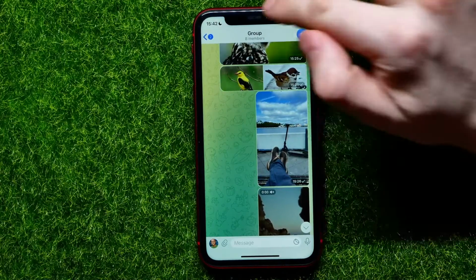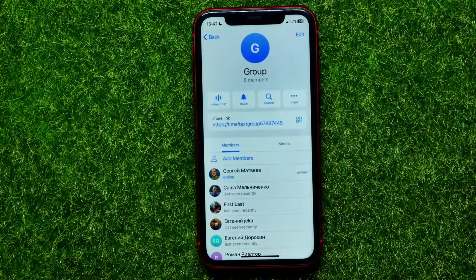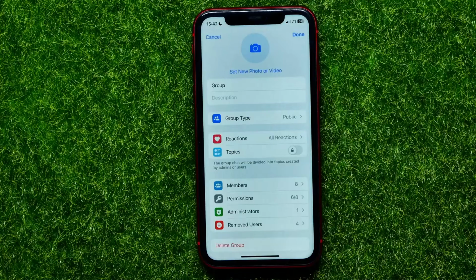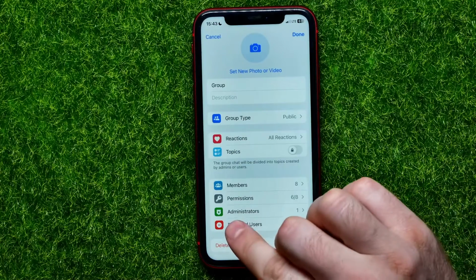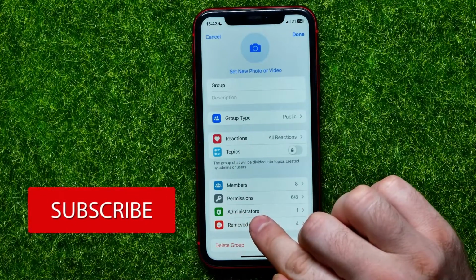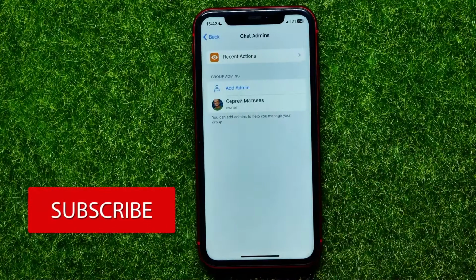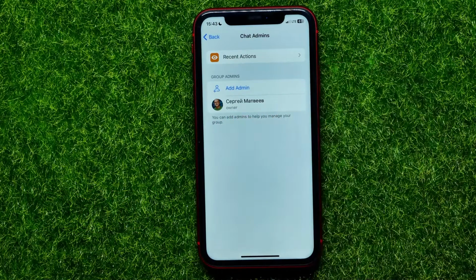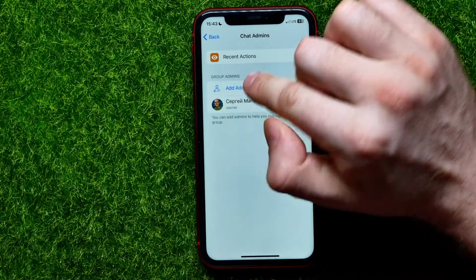All you have to do is just right here tap the group name to move to the group settings. Then you can hit right here at edit. And right there you can easily find administrators. Just get into it. Now, as you can see, the group has just one administrator, that's actually me. It says owner under my name, and now I can easily add new admins here by tapping right there at